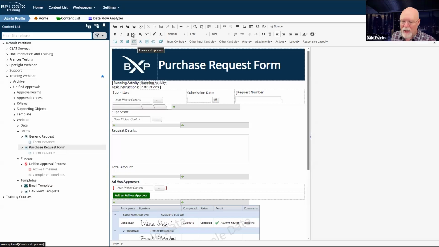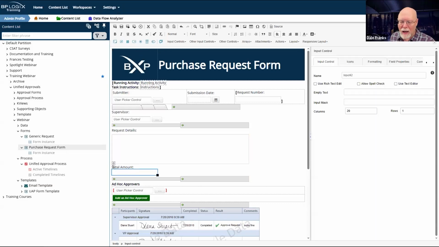I'm going to do a quick and dirty thing, just throwing in a text box, which I have to call total amount, since that's what my label is pointing to for accessibility reasons. Normally I'd go into the field properties and set its data type and all that stuff. Not going to do that. We're just going to throw some numbers into it.